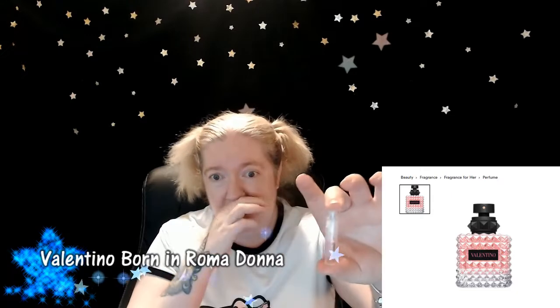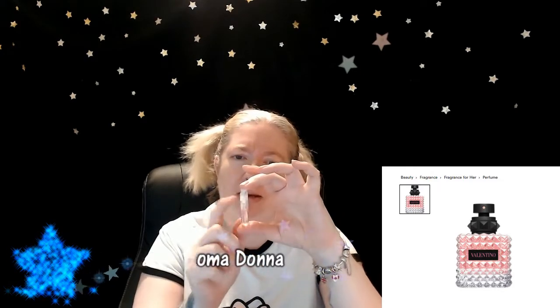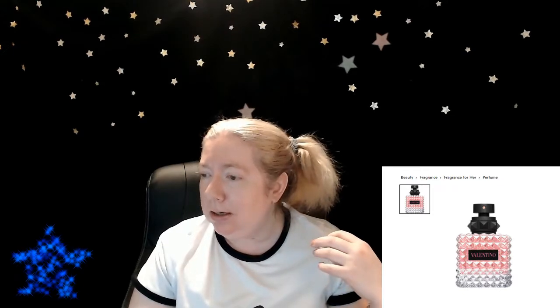All right, we are on day 4, and the fragrance I'm trying today is the Valentino Born in Roma Donna. Right there. It's a very clear bottle. Kind of seems a little light pink there. This bottle is only about halfway, if you can see that. Again, not something I'm overly concerned about, because this is just a tester. And this is